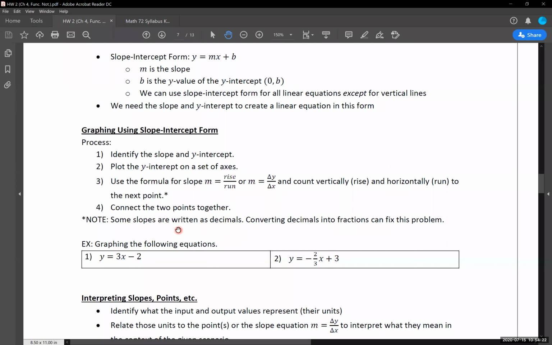You go into the math option on the left side of your calculator. I think we've gone through this once or twice. Go into math, the first option, frac, and it will convert that decimal into a fraction right there for you. And bam, now you've got a fraction, and the slope is a lot easier to work with.